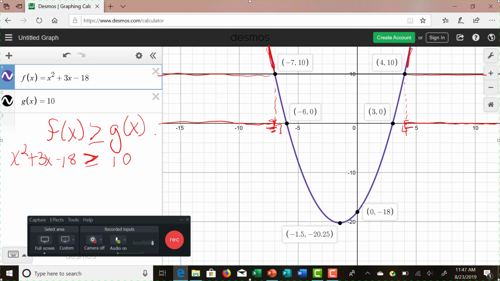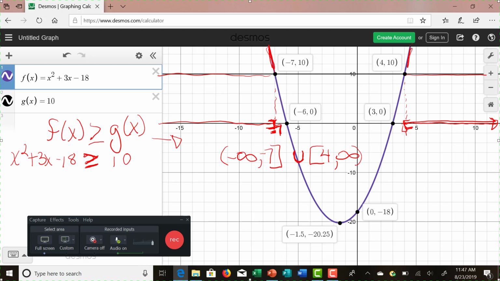In interval notation, we would come up from -infinity, so this section would be -infinity, comma, and we go up to this spot right here, which is at our -7 here. So -7, and this time there is a line underneath our inequality, so we include the -7 with a square bracket. And then there's a huge gap here in the middle, so we have to use a union symbol here. And then we get to the 4, which we do include, so we use a square bracket. And then we go off to infinity. So we finish out with an infinity and a round bracket.